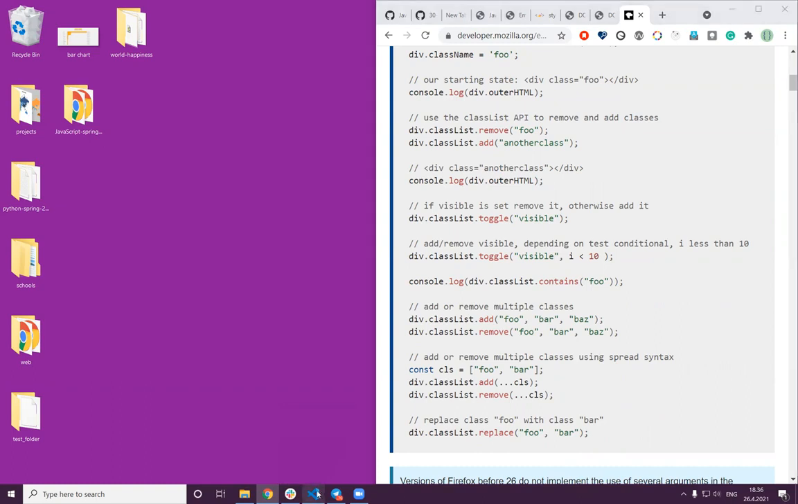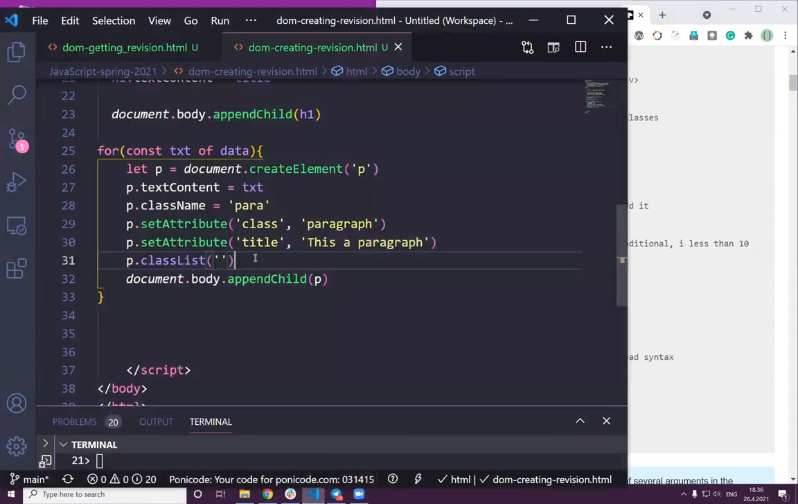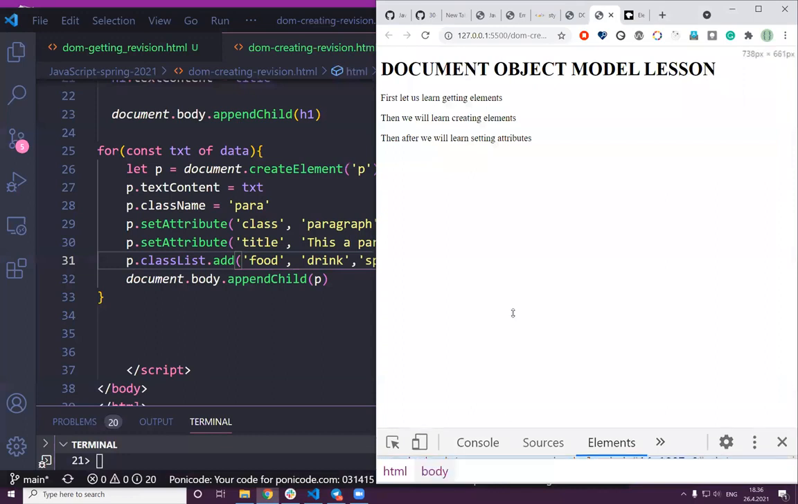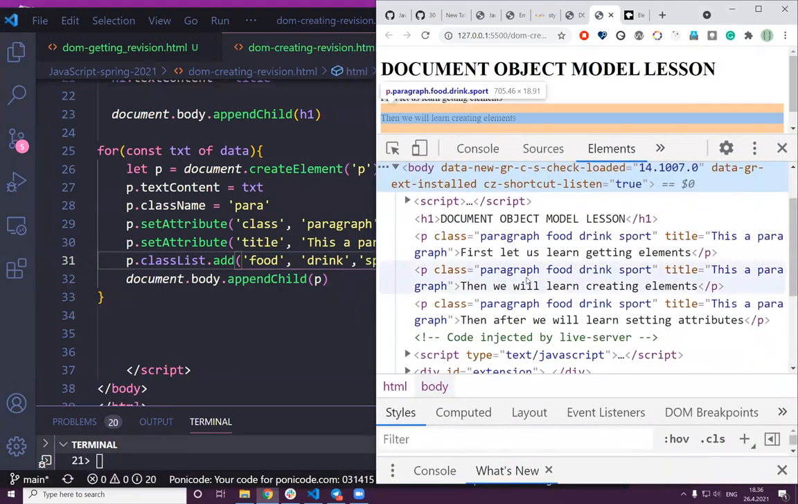I will show you. Sometimes with class list dot add, we can add different classes, like food and drink and whatever, sport. So maybe you want your element to have multiple classes sometimes, right? In that case, you may need this. Let's see if we have that. Yeah, the paragraph, the first one we made, food, drink, sport. As you can see now,